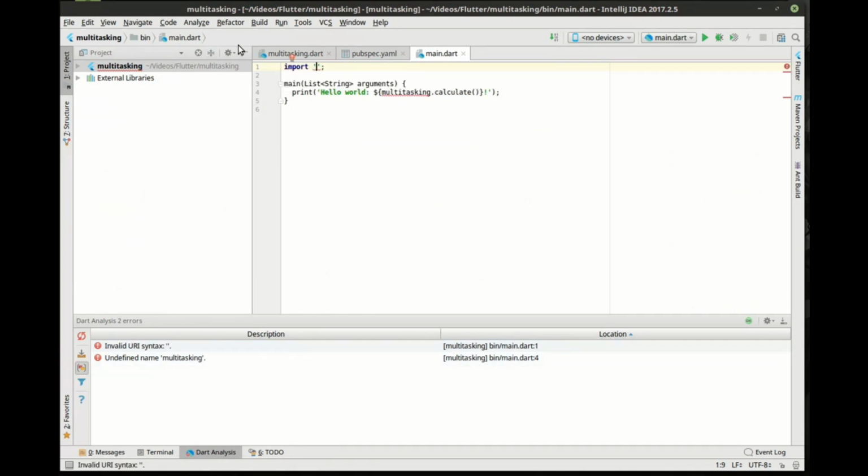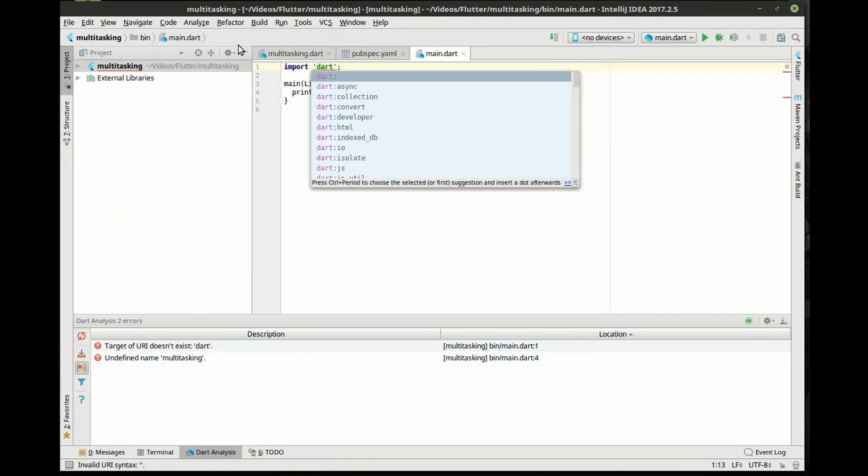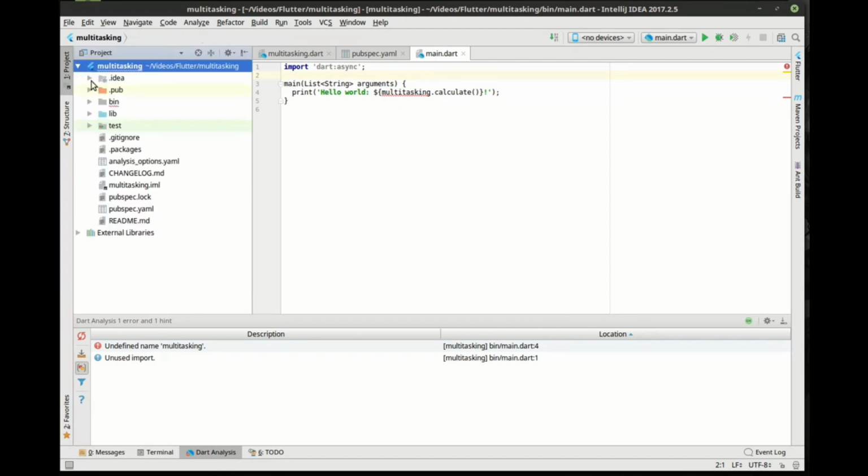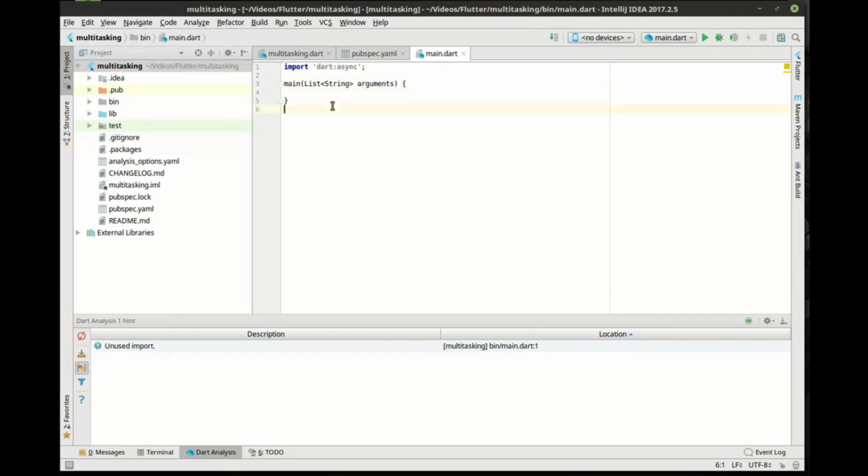the first thing we need to do is import dart:async. You notice how that has dart colon async. In the past we've done just a raw import. We import a file and we've imported libraries and stuff. But whenever you see that dart: it means it's part of the core framework, if you will, or the Dart libraries. I should note that everything in Dart is a library. Even this program we're working on now is a library. But that is how you import something directly out of Dart. So